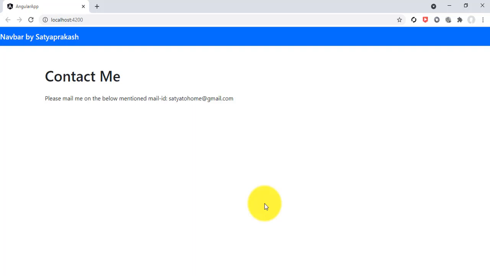Okay, now this is all about how we have generated and configured our about and contact components and their contents inside them. Now let's work on the navbar for routing the components. Using the home, about and contact components, for this we should add some code in the app-routing.module.ts file, which contains all the information about routing. So we shall add 3 routes to declare here.